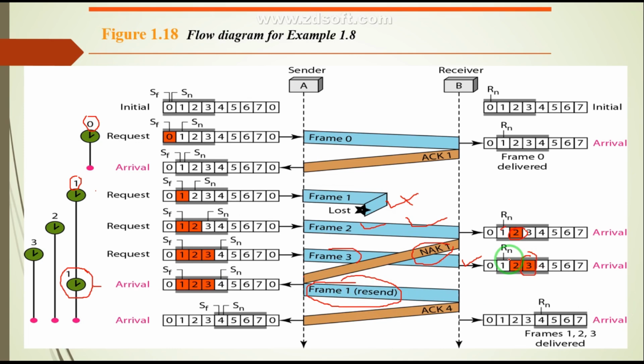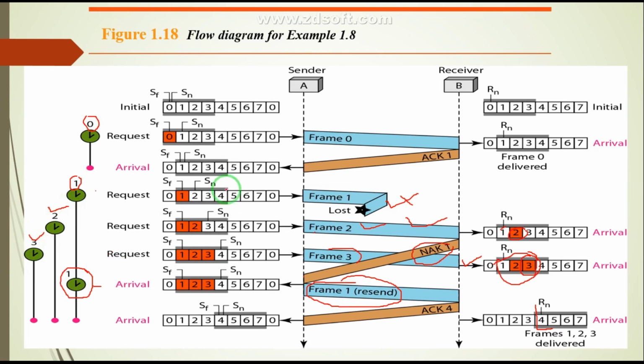And then as soon as the receiver receives this frame 1, the receiver window is going to slide by 3 slots because it received these 3 frames, and it is going to send ACK4. Over here ACK4 is a cumulative acknowledgement which tells that I received frame 1, frame 2 and frame 3. Now I am expecting frame number 4. And you can observe on the screen that for each frame there is a different timer. Frame 2, timer number 2, frame 3, timer number 3.